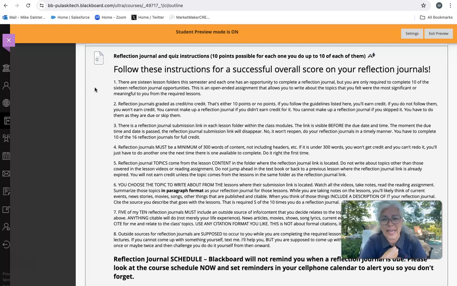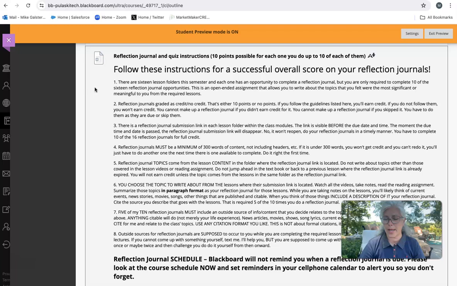At least I don't take notes in a paragraph format. So when you go back through and look at your notes and reflect on what we have covered for that set of lessons, you need to pause and write in paragraph format: this set of lessons covered these topics. Here's what I learned about this topic. Here's what I learned about this topic. And this topic I didn't agree with. Here's why I didn't agree with it. That's the kind of response, reaction, reflection about the content from those lessons that you're supposed to do in a